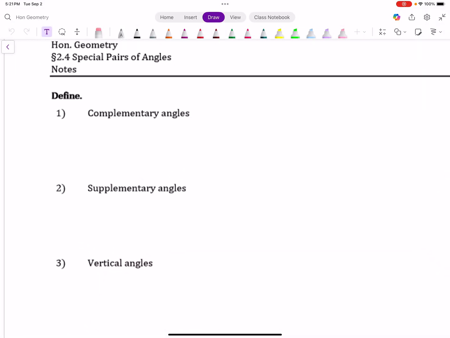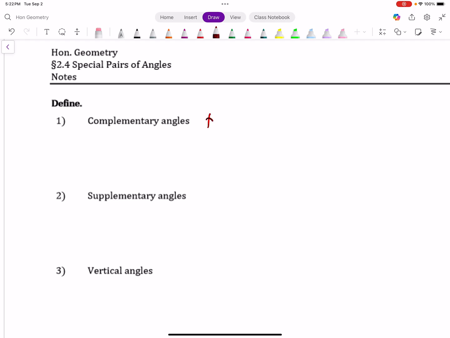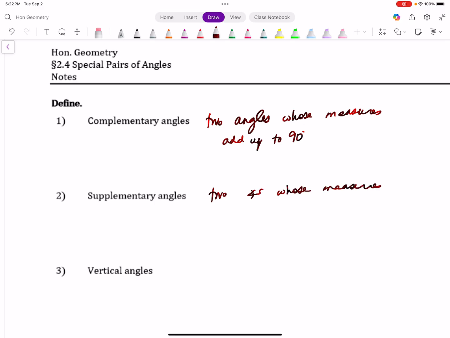We've got some definitions. You know what these are, but here are the formal definitions. Complementary angles are two angles. It has to be just two. It can't be three that add up. So, two angles whose measures, because you can't add angles, you can only add the measures of angles, add up to 90 degrees. Supplementary angles, two angles whose measures add up